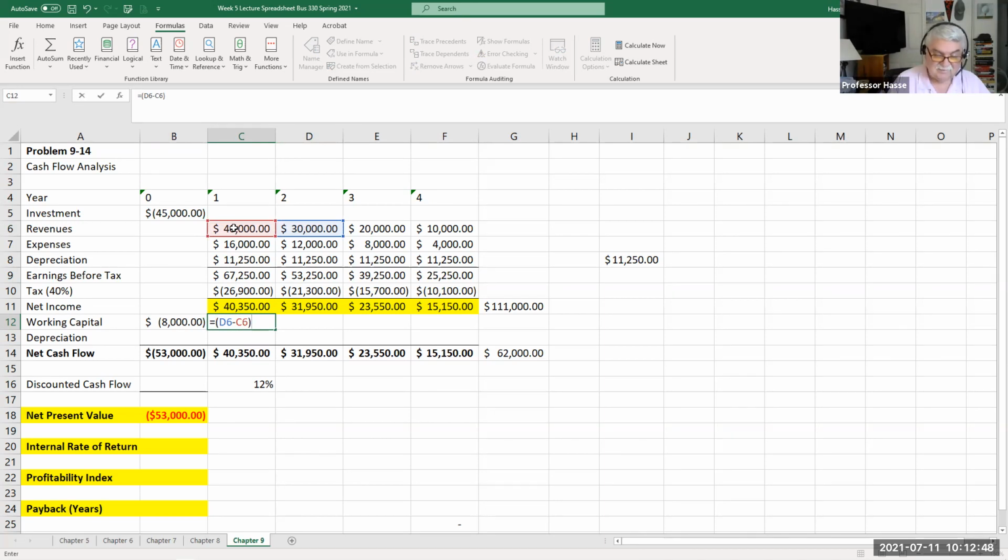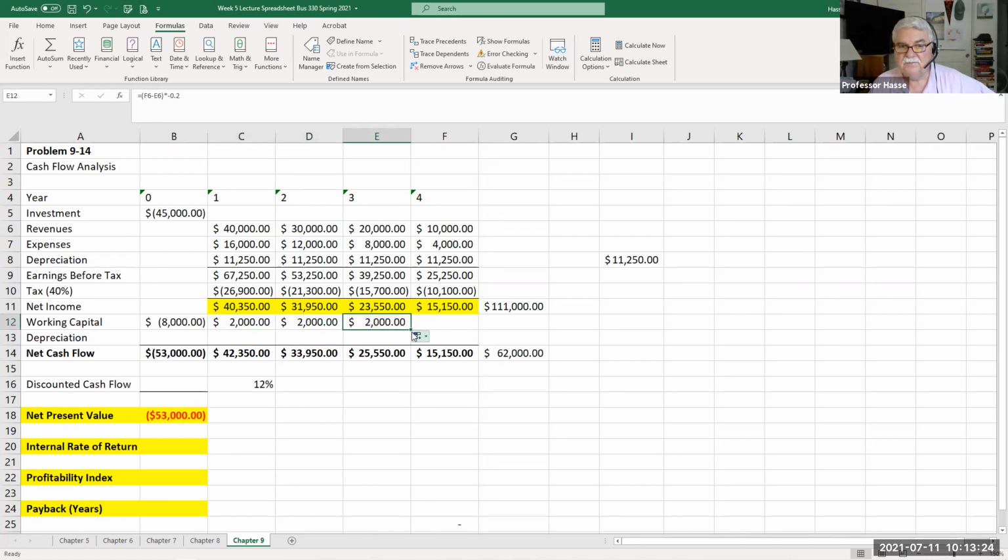And I multiply that times minus 0.2, I get $2,000. In other words, now at the end of year 2, we take 20% of that. Our working capital now should be $6,000. Well, it is $8,000 plus the $2,000. What's the net? $6,000. In other words, we've reduced some of our cash flow of working capital because our revenue has decreased. Well, now we just copy that formula down